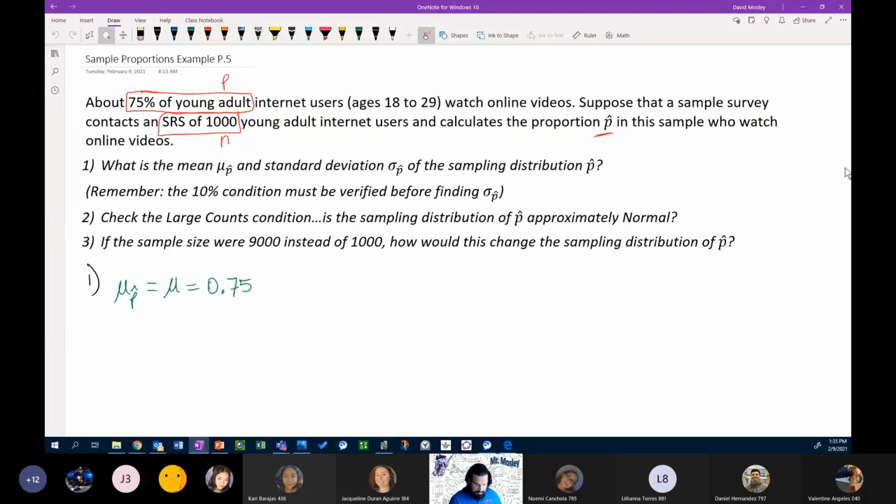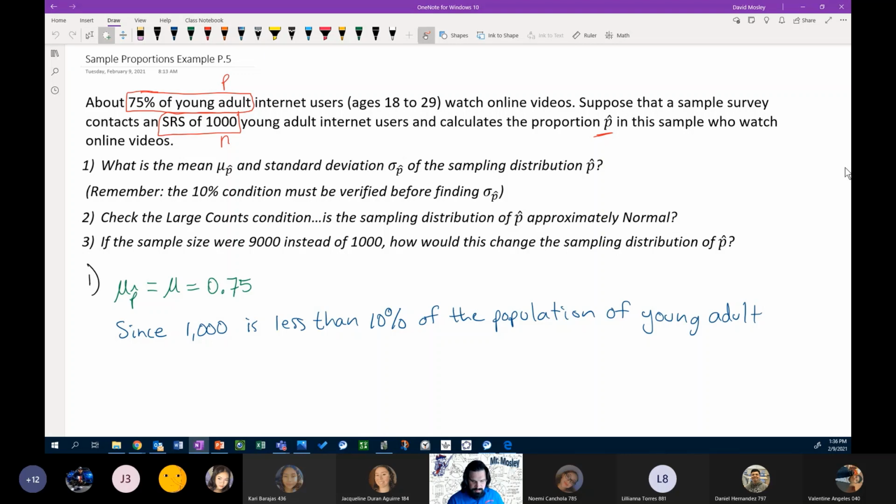So we can simply say, since 1,000 is less than 10% of the population of young adults ages 18 to 29,